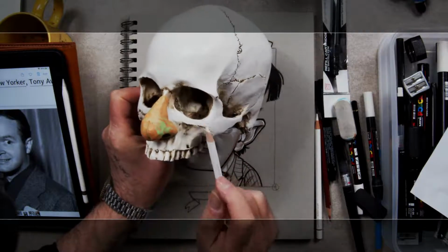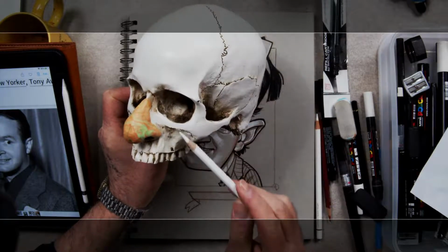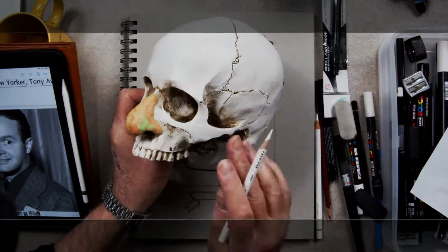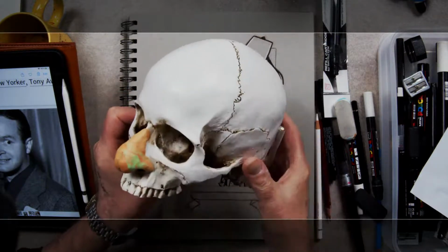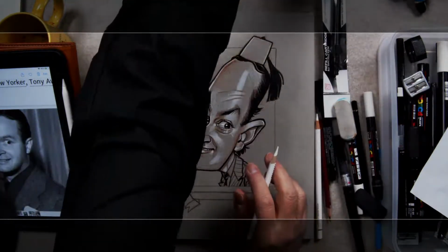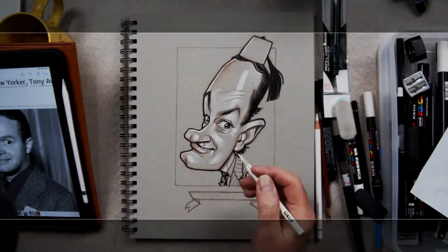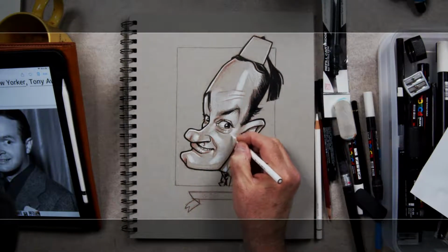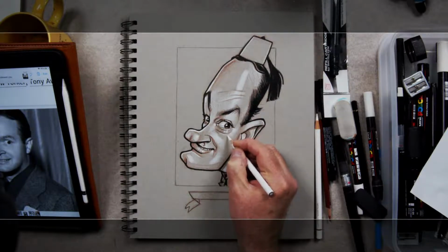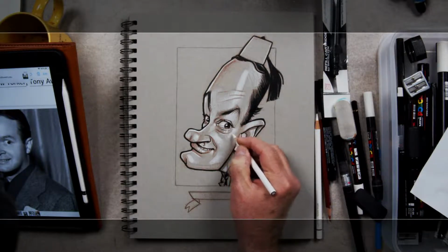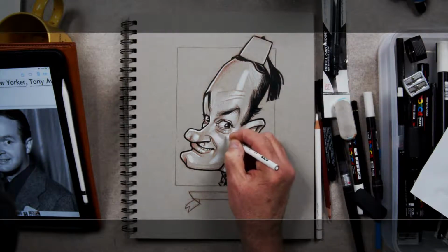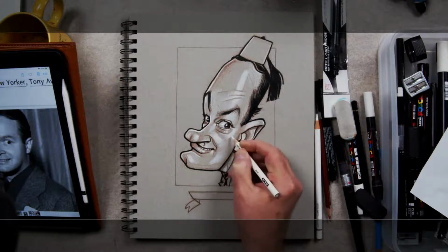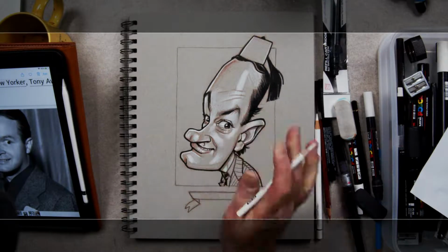the cheekbones are very close to the skin. So whenever you feature cheekbones under the skin of a caricature or a portrait, even if the photograph does not have those cheekbones, if you have a chance to do it, it's going to make a difference. I'll show you as I put it in, it's going to give a sense of believability to the form, because we know it's there.